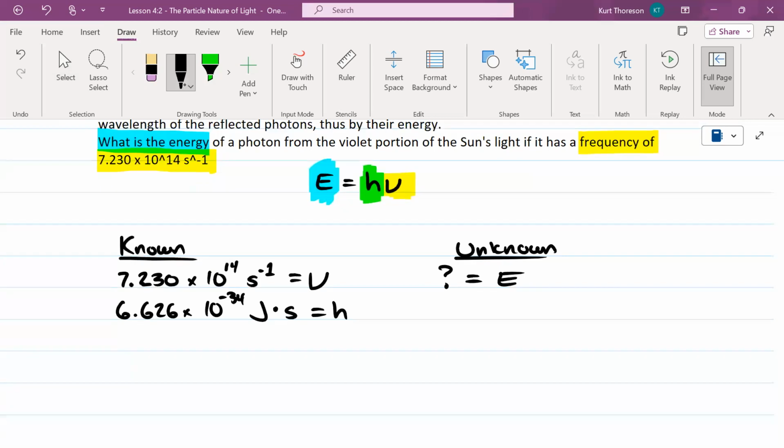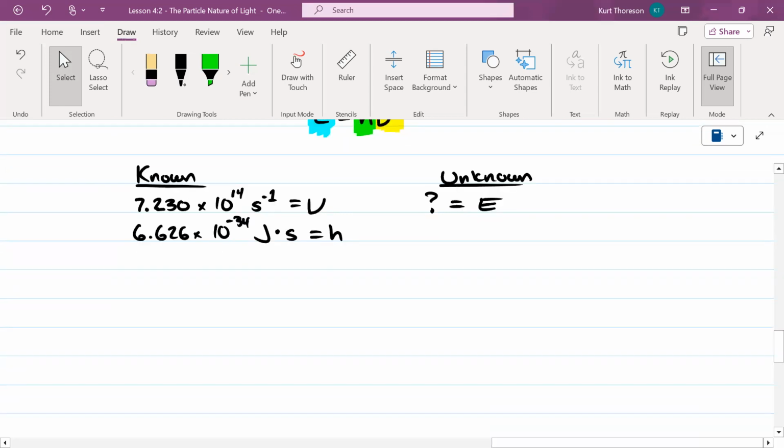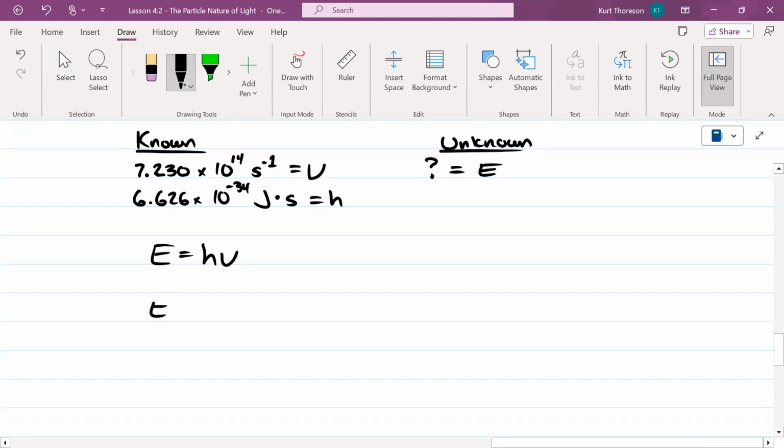You don't know. In fact, it says, what is the energy? That's a question. So do you have to rearrange this formula at all to find the answer? No, it's already set up for you. You don't need to divide both sides by this and that. It's already good. So E equals h nu will now be E equals